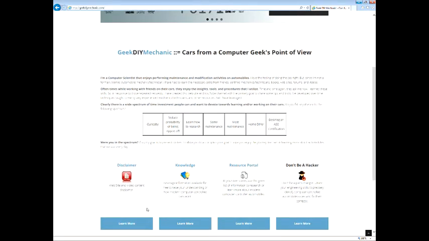Disclaimer, we all have to go through this and say this: the information on here and that is shared works for me. I hope it works for you. If it doesn't work for you, I'm sorry, but I'm not responsible. So please evaluate all input and information in your certain circumstance. Make sure it works for you.